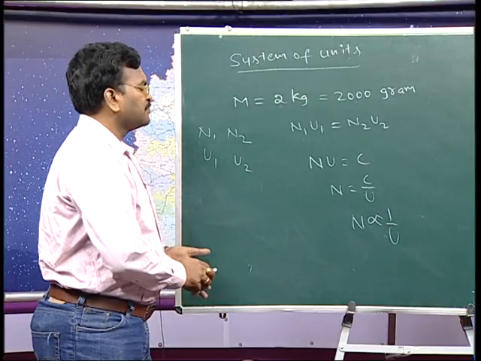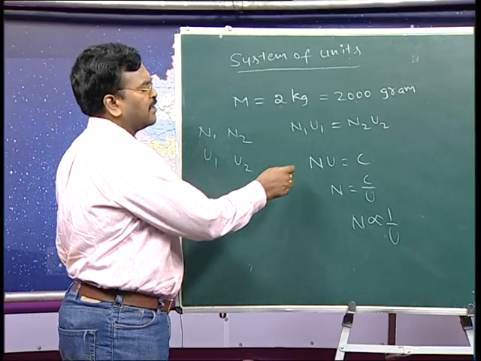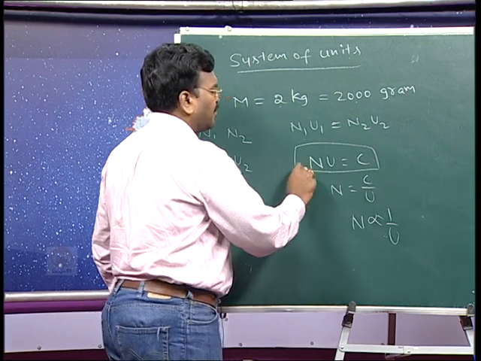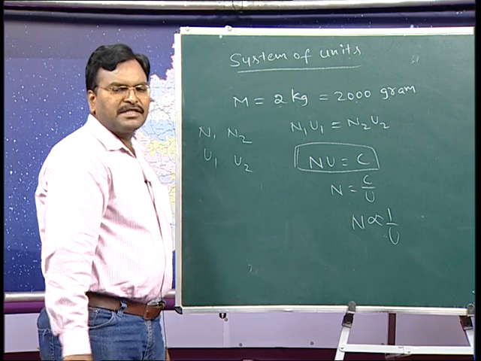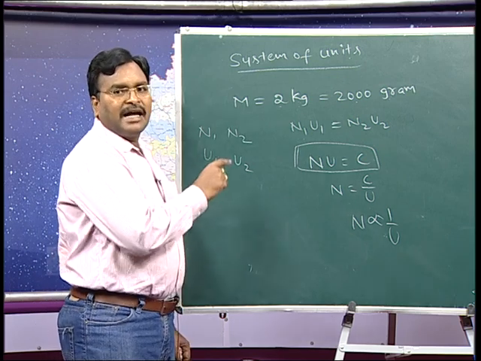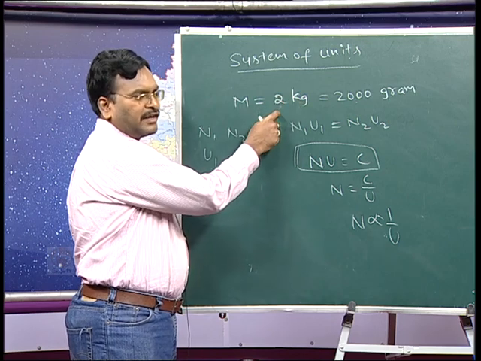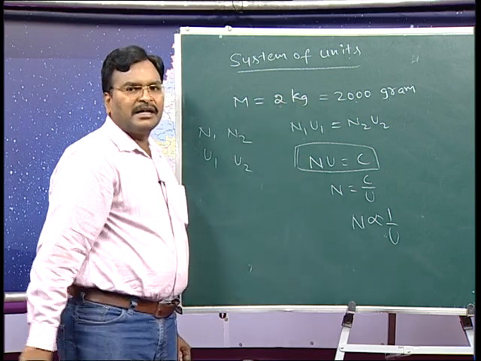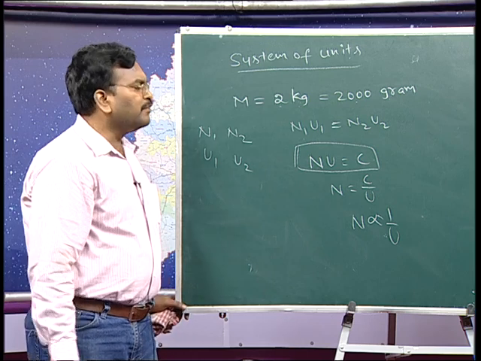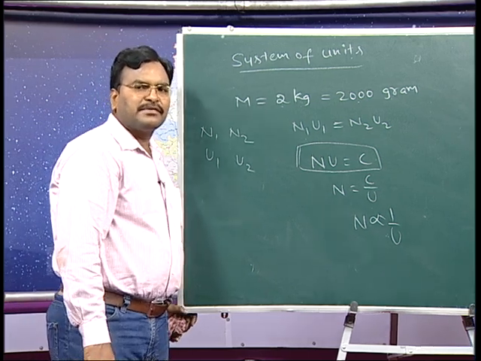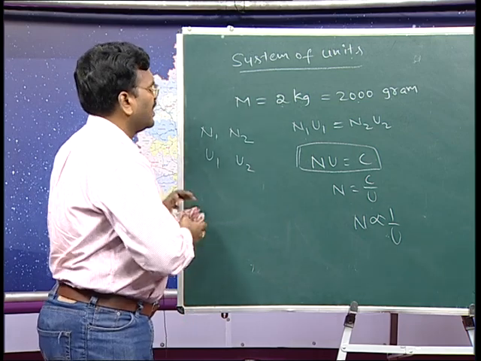And also, depending on this, we have problems also. nu is equal to constant. Every measurement consists of two parts: one is the unit, the other one is the numerical value. So what is the relation between unit and numerical value? Numerical value is inversely proportional to unit, like that. And next one,